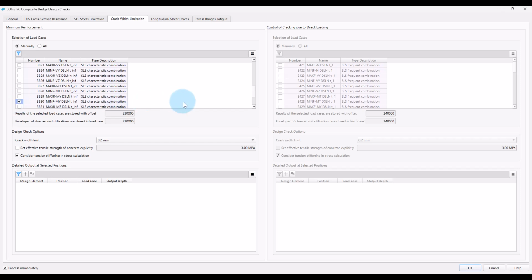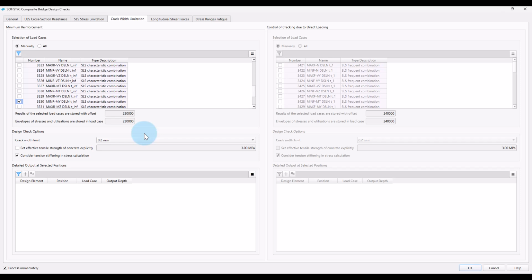Next, we specify the crack width limit. Note that we allow here 0.2, 0.3 and 0.4 mm as input, which are the typical values also provided in Table 7.1 of Eurocode 4. The input of an arbitrary crack width limit is not supported. By default, the task applies the maximum of the mean value of the tensile strength of the concrete, fctm, and 3 N/mm² as effective tensile strength of the concrete.